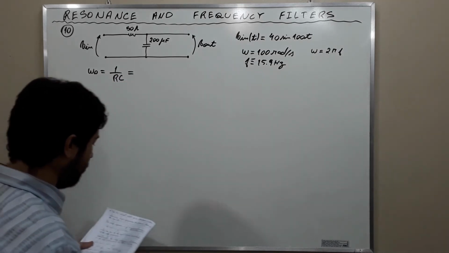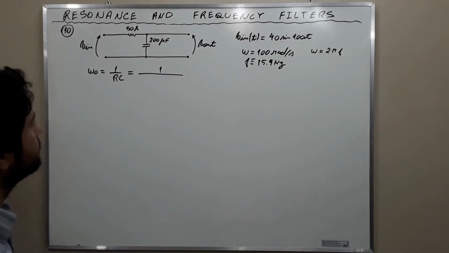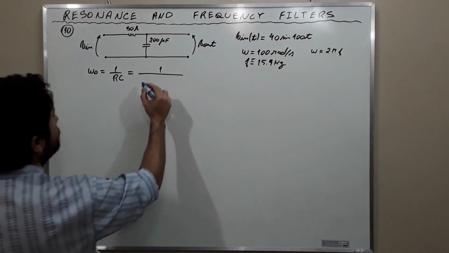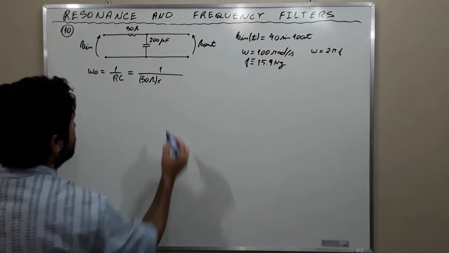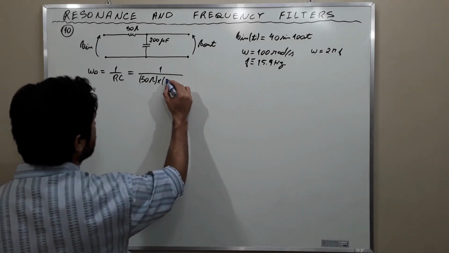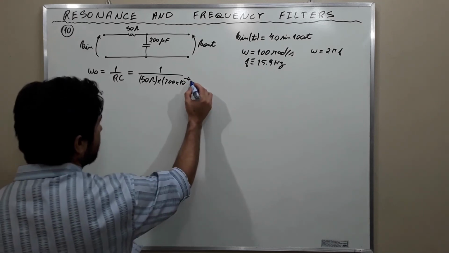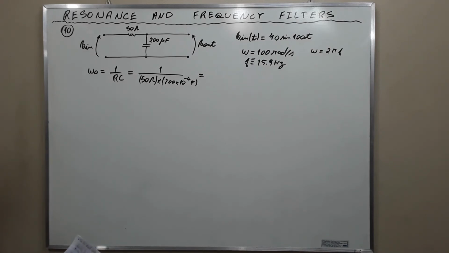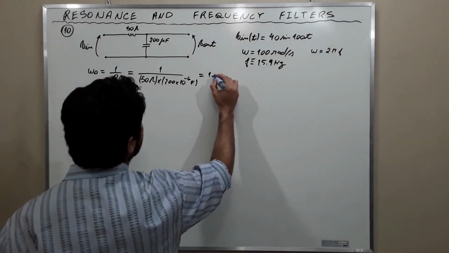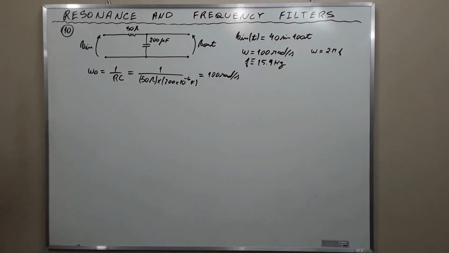And this is going to be equal to, we simply use the values, 50 ohms times 200 times 10 to the negative 6 farad. And this is equal to 100 radians per second,